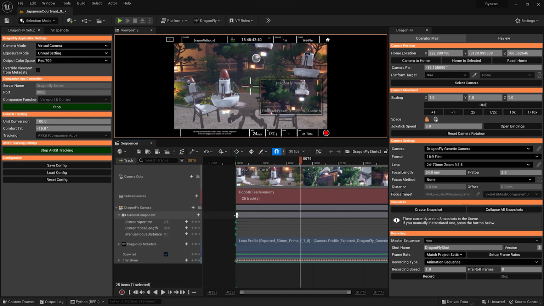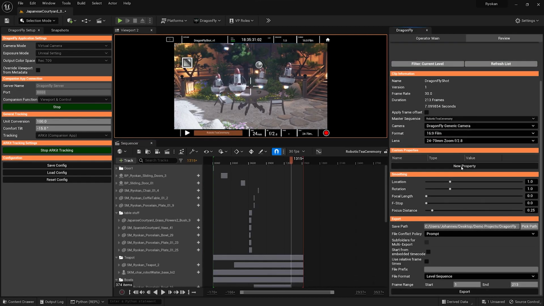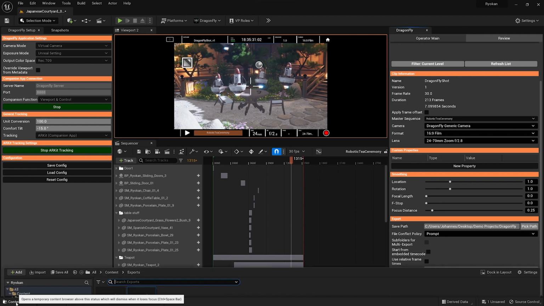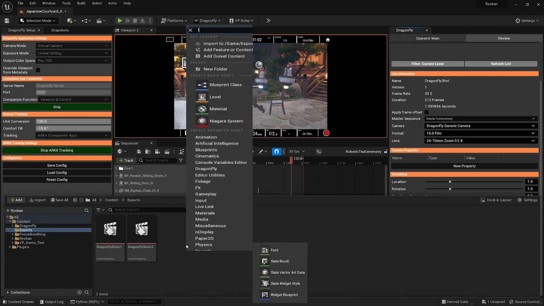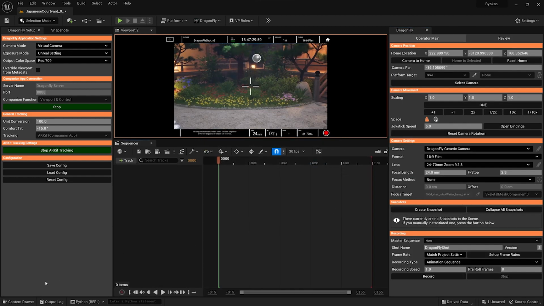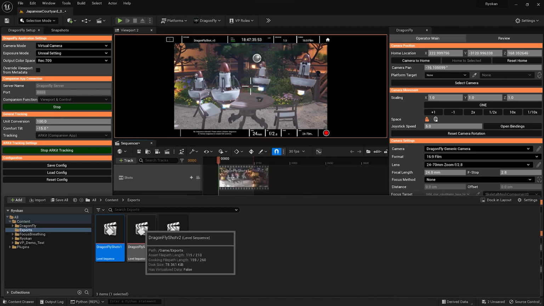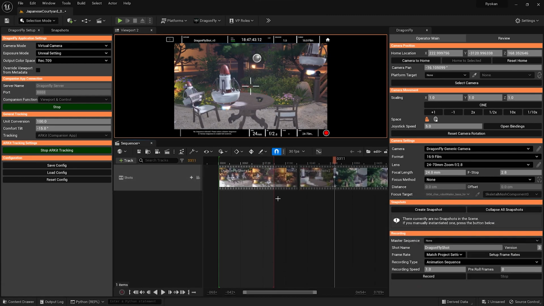And what that does is it also allows us to do a quick edit within Unreal Engine. So let's say I have multiple sequences exported, right? Let's also export this first shot as an example here. What I could do is I could create a new level sequence here. And let's call it edit. And I can bring in these takes, align them on my timeline here to create a quick edit, right? And so I can go in and trim these.